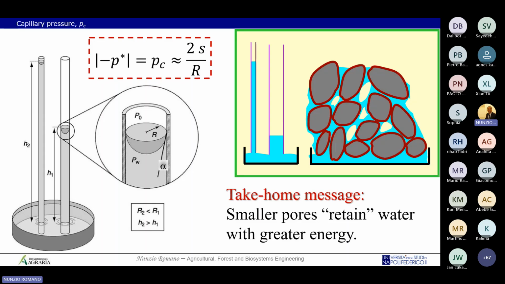And this phenomenon is regulated by the Young-Laplace equation, and I have shown you in the exercise we made before that you are able to obtain the Young-Laplace equation in a very simple but very informative example of a very classic capillary tube, a tube with a constant diameter or a constant radius r, and depending on the radius of this capillary tube, you have different capillary rise.